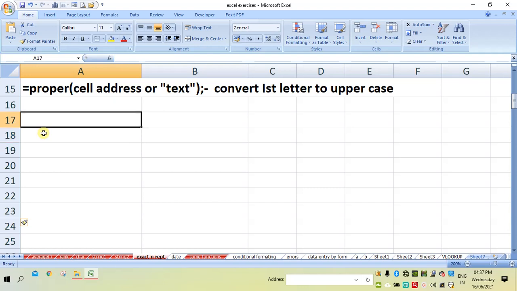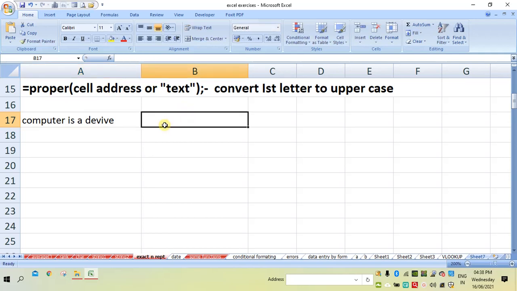For example, here I'll write everything in lowercase: computer is a device. This PROPER function will convert C into a capital, I is also converted into capital, A is also converted into a capital, and D is also converted into a capital, because all these are the first letters of the word. So PROPER converts the first letters of a word into capitals.